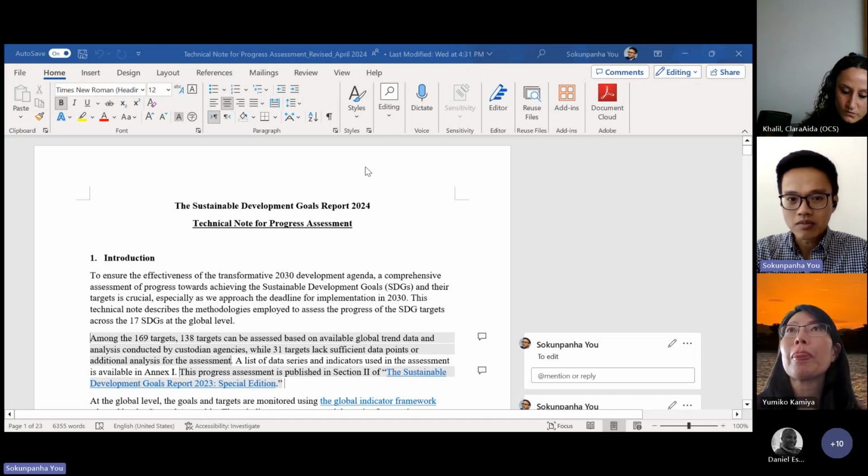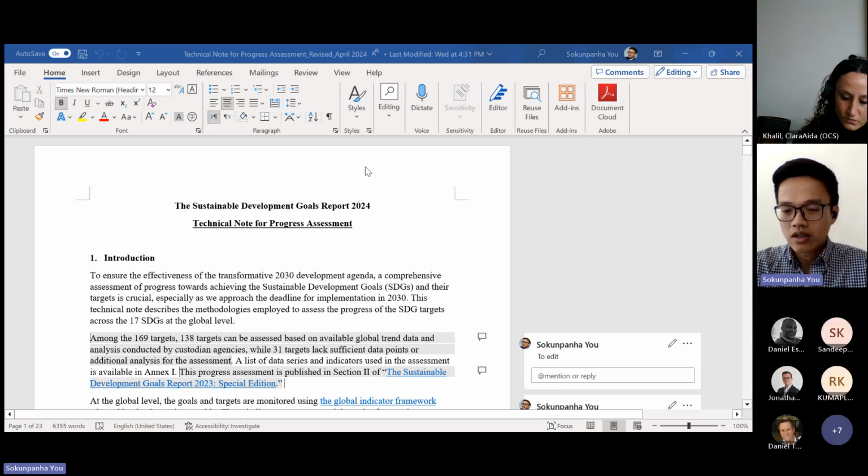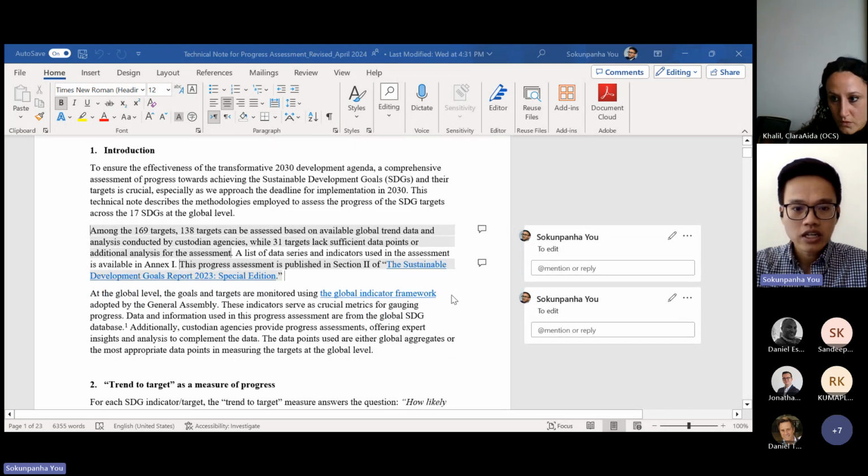And then in the second, more detailed publication, our annual SDG report, we have slightly more space to visualize the progress for all the 169 targets. So those are the main differences. I won't go through everything in this note, but I will focus specifically on what we have changed.